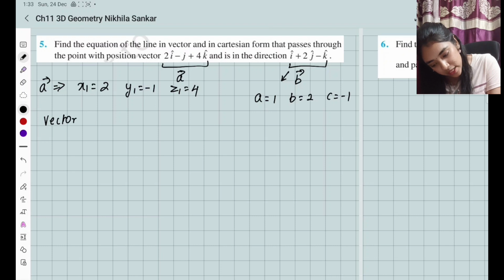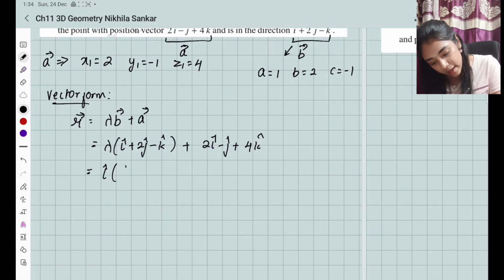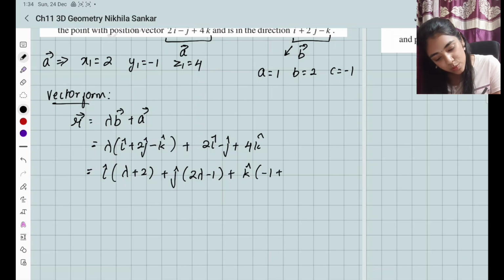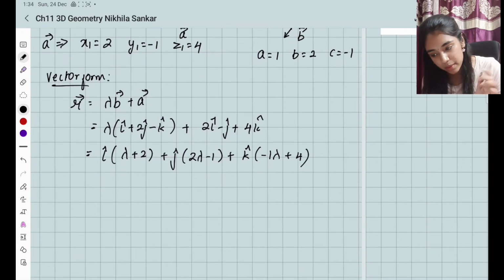இப்போ vector form. Vector formல equation எப்படி இருக்க போகுது? r vector equals lambda b plus a. When I substitute, I have lambda times b என்ன I cap plus 2j cap minus k cap plus a vector is 2i minus j plus 4k cap. When I club the I terms, I have lambda plus 2 plus j terms club panna, I have 2 lambda minus 1 plus k times club panna minus 1 lambda plus 4. So this is going to be the vector form. இதே Cartesian formல எப்படி எழுதலாம்? You can write it as